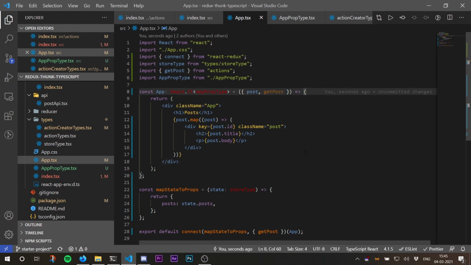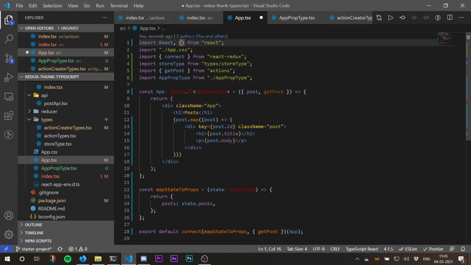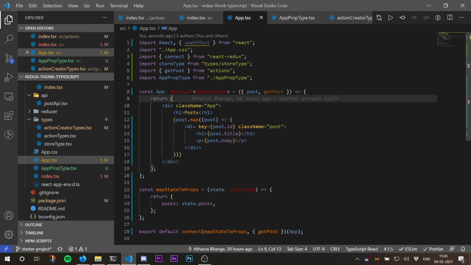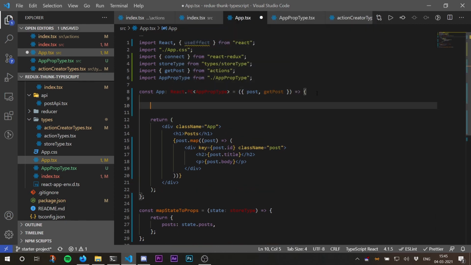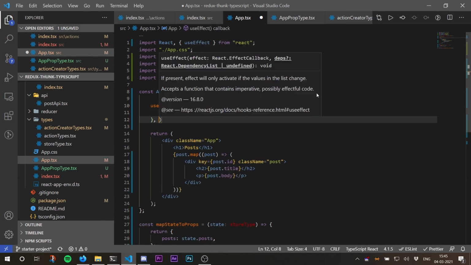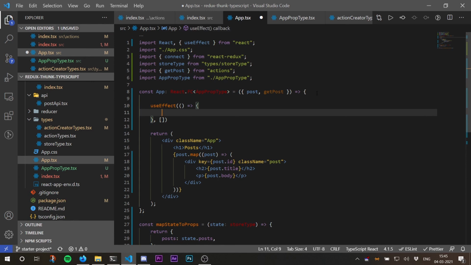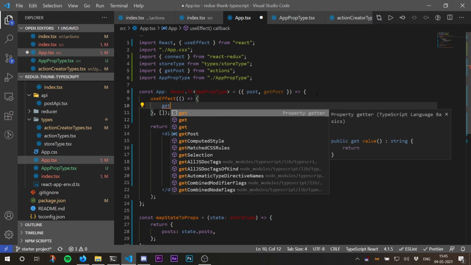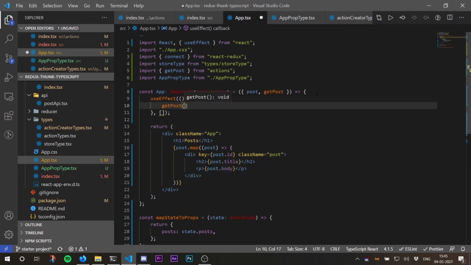So what I'm going to do is make an API request when this app renders for the first time. To do that, I'm going to import the useEffect hook. What this will enable us to do is call this action creator once when the app gets rendered for the first time. Let's say useEffect like this, and if we pass an empty array, this is a quick way of saying that we want to only run this once. I'm going to call getPost,